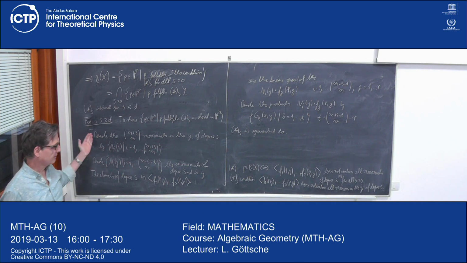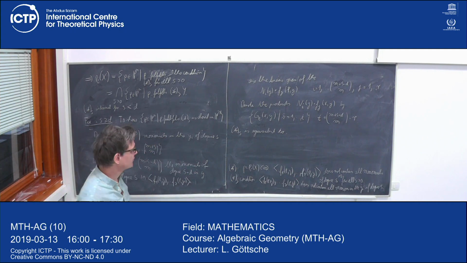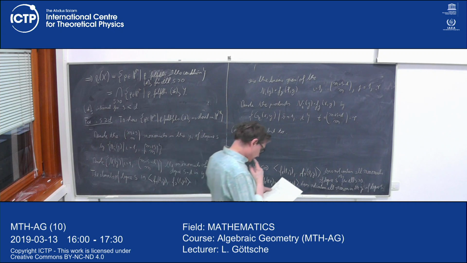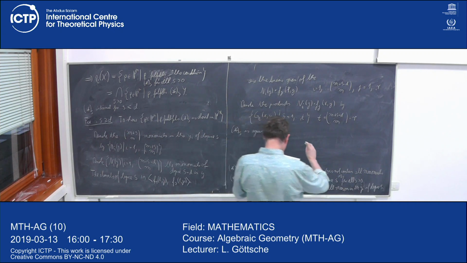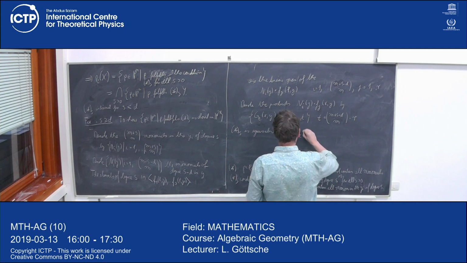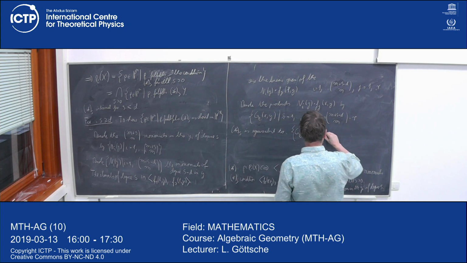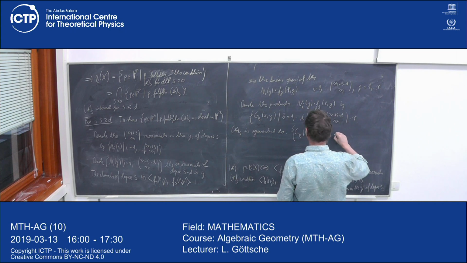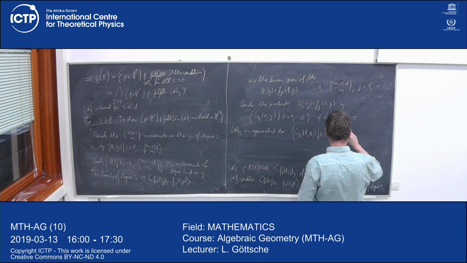Because it says this does not contain all the monomials. So in other words, it is equivalent to saying that gk of p, x, for k equal 1 to t, does not generate